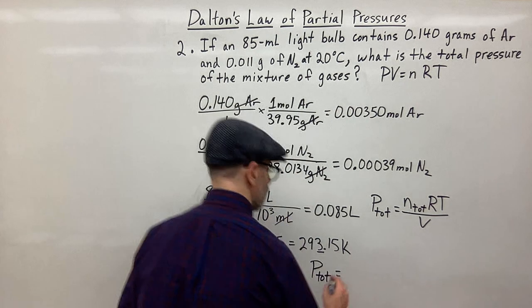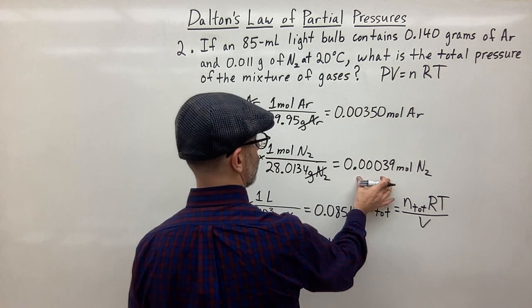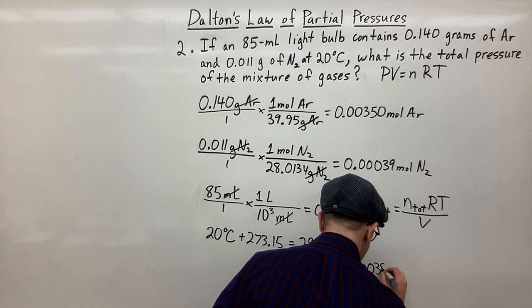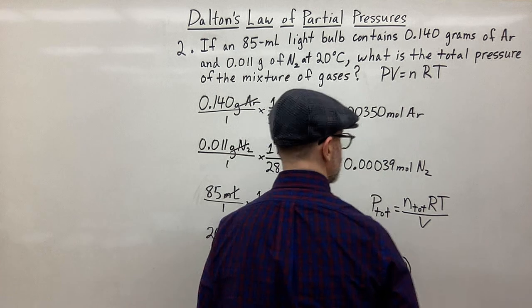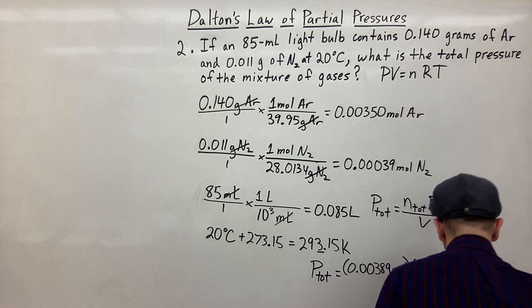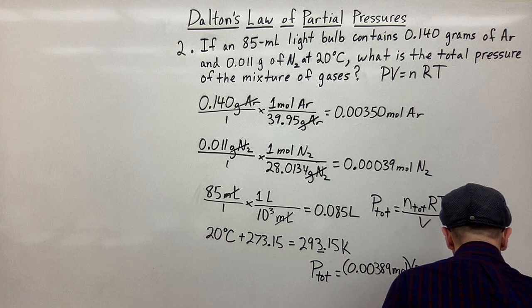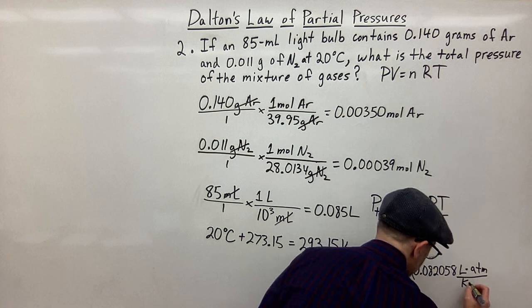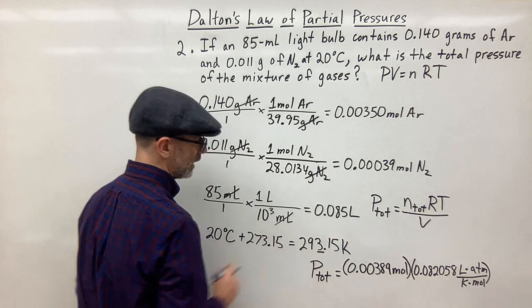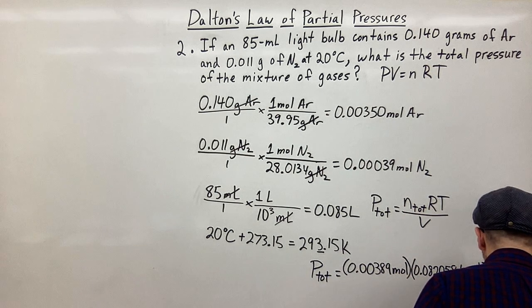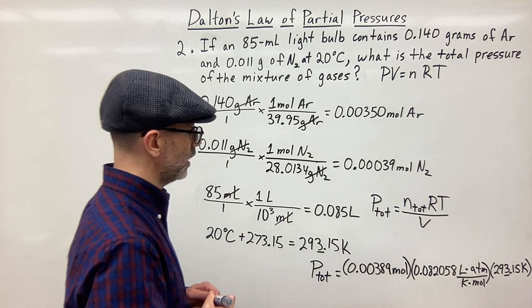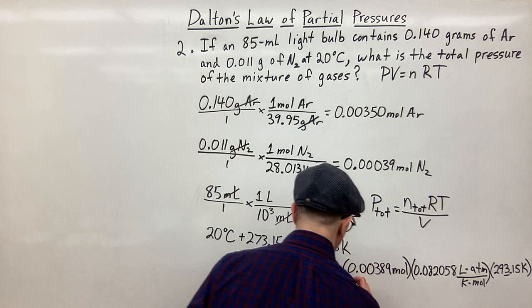total is equal to the total number of moles, which is again adding these together, so 0.00389 moles, and that's going to be multiplied by 0.08206 liter atmospheres over Kelvin mole. And then we're going to multiply that by T, the temperature, which is 293.15 Kelvin. We'll put a line under the 3 to remind ourselves that that is the last significant digit in that measure. And then this gets all divided by